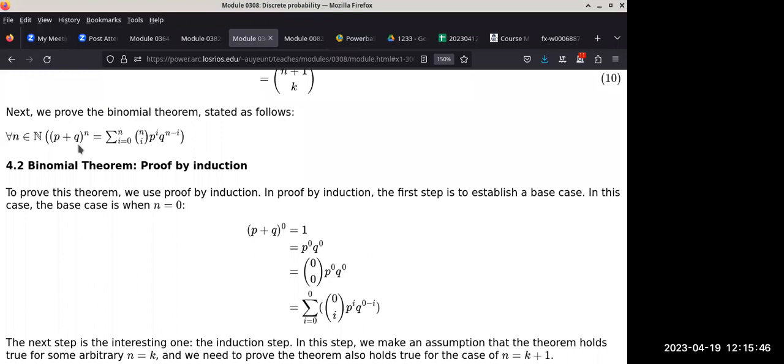So you can double check and really quickly just say, what if n equals 2? You get your typical binomial expression. So to claim that this is true for every n is a big claim. So the way we proved this was to prove by induction, which is a very useful technique to prove theorems in computer science, because everything that we do recursively lends itself to proof by induction.